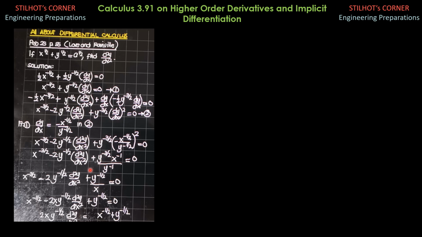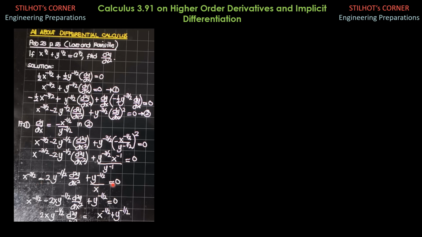Simplifying this last term, we just copy the first two terms. Then the third term is y to the negative 1/2, so we put y in the numerator combined with this, so y to the negative 3/2 plus 1 is y to the negative 1/2. And this x to the negative 1, put it down, so x to the positive 1 equals 0.